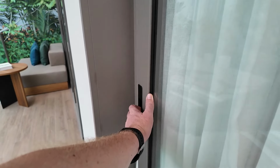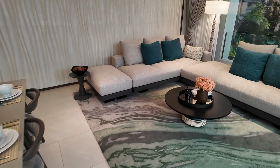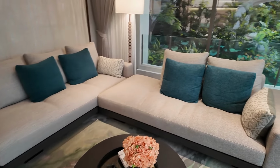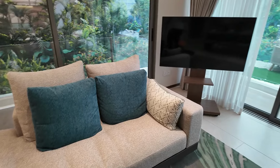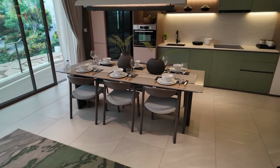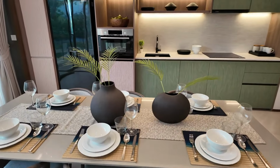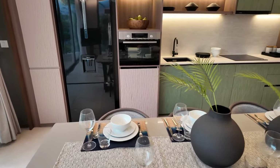Let's take a look in here through this sliding door back into the main living area. Like I say, everything that you see is included in the price. It has to be this furnishing as it's hotel managed. And one of the benefits or attractions of this project for the buyers is that it's all